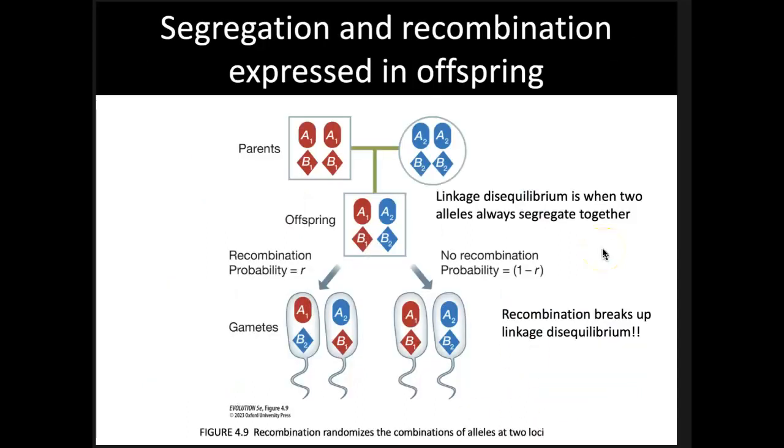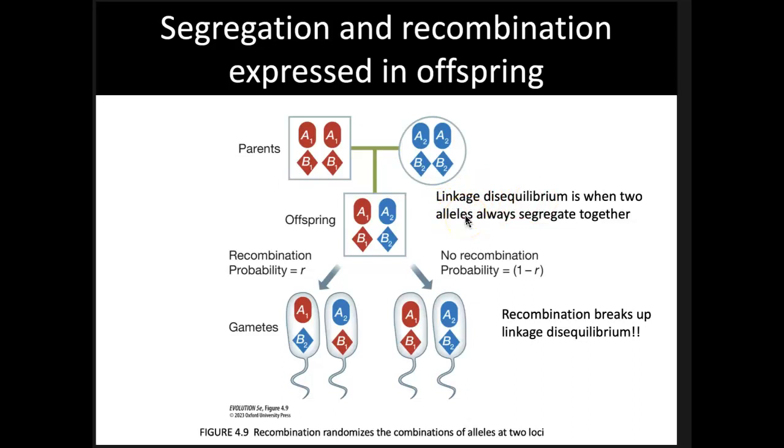So when we think about segregation, and we think about how this works, we necessarily need to think about the way in which the loci on the same chromosomes or on different chromosomes are going to be segregated. Okay, so when we talk about the concept of linkage disequilibrium, basically what we have is a